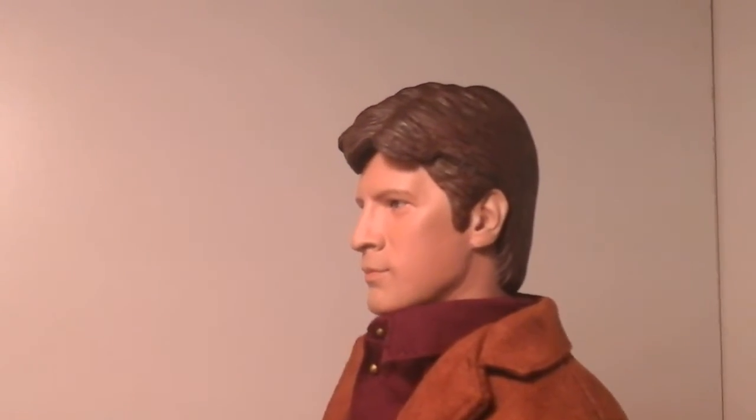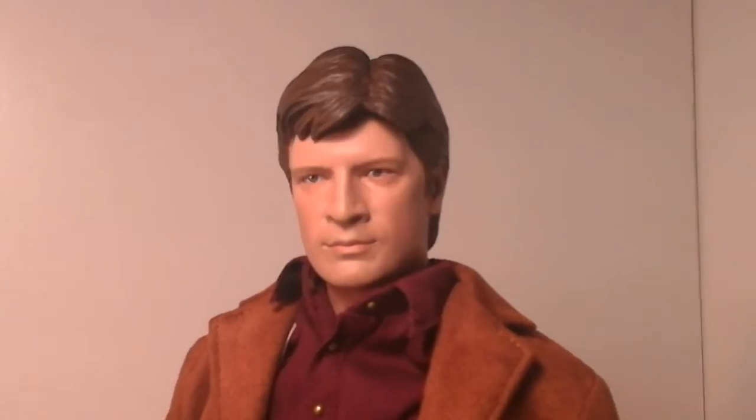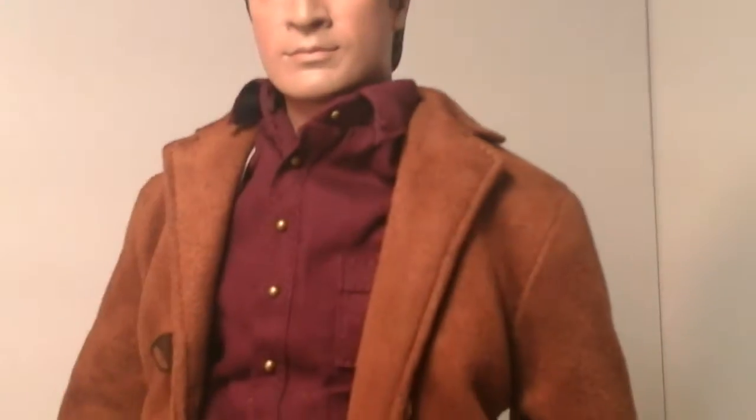And I love how they sculpted his hair, especially the way it juts away from his forehead. That looks so cool indeed. But we'll talk more about his head sculpt in a little while. Working our way down, you can see his maroon shirt right there, and if you look carefully, you can actually